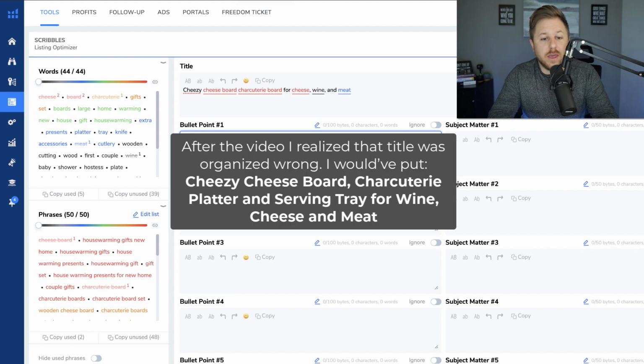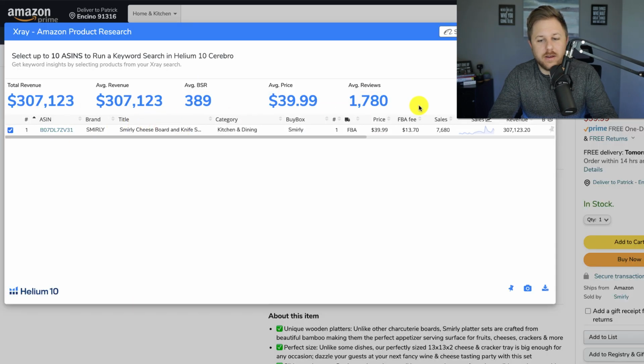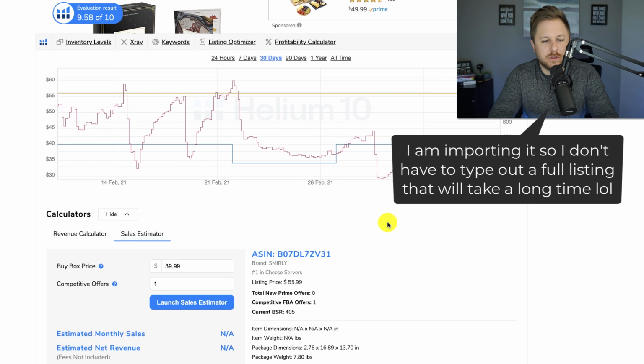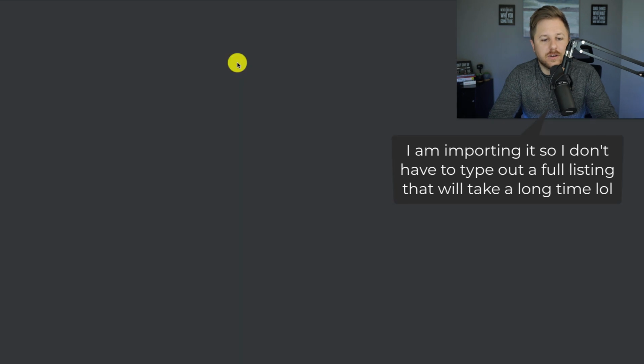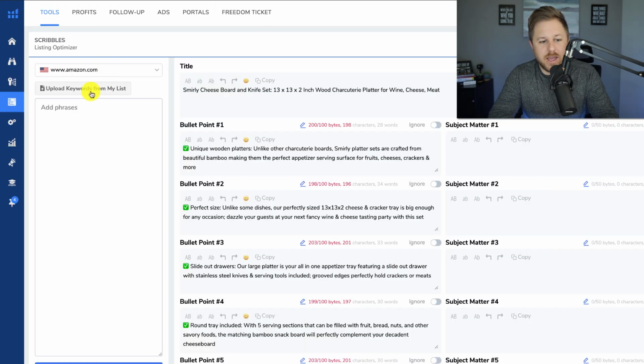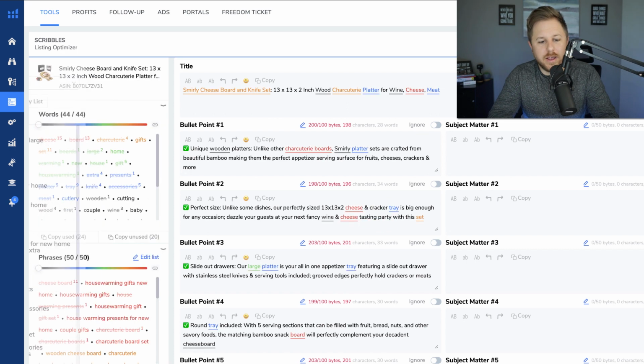So again, we could import this listing. Let me go back here and import it into Scribbles listing optimizer. I can't even say it. All right. And then I'm going to add my keywords from the list again because now they're gone. Apply. So now we could see that this competitor who's ranked number 1, they've used cheese board over 15 times